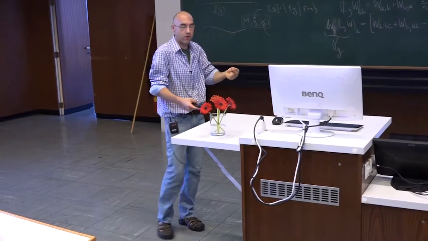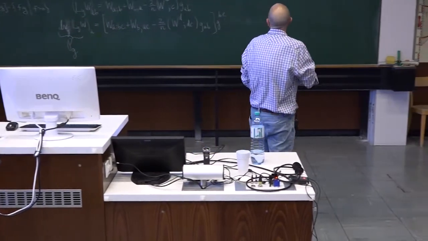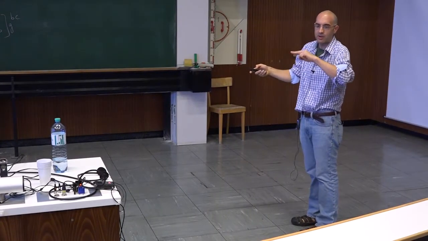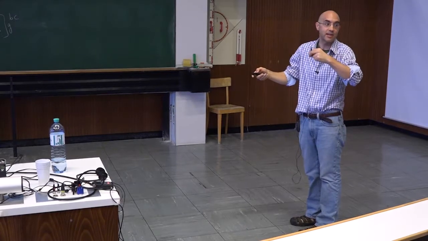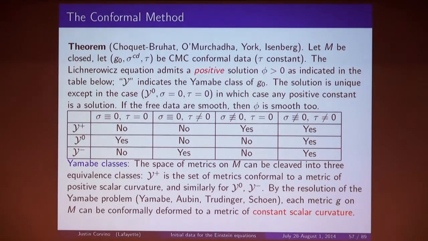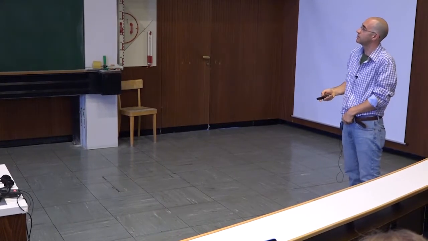You can actually prove more. The resolution of the Yamabe problem by Yamabe, Aubin, Trudinger, and Schoen: in a given conformal class, you can find a metric of constant scalar curvature. Sometimes that's useful. It's often useful. Sometimes just having the sign is enough in the analysis. Okay, so